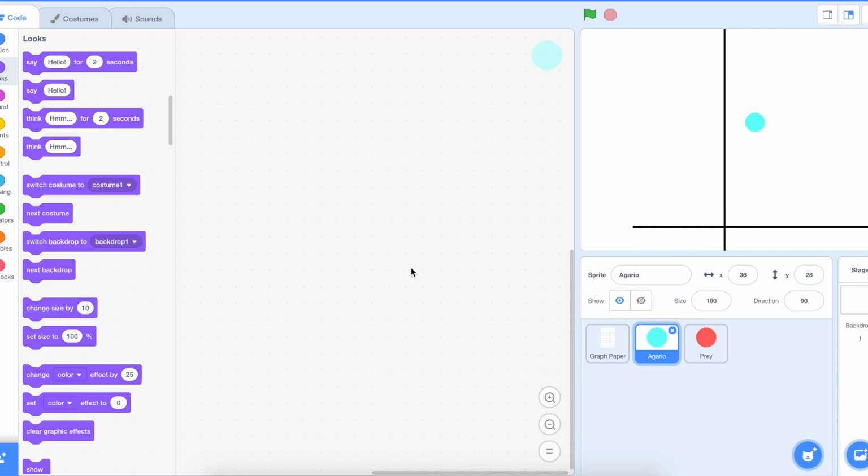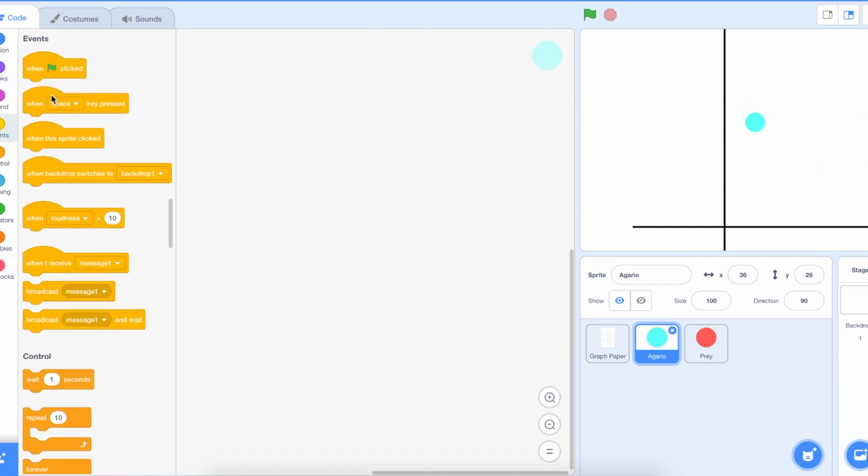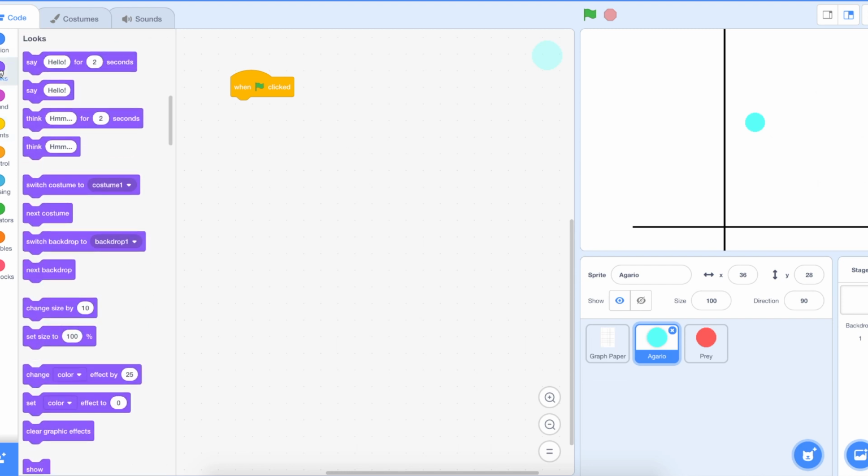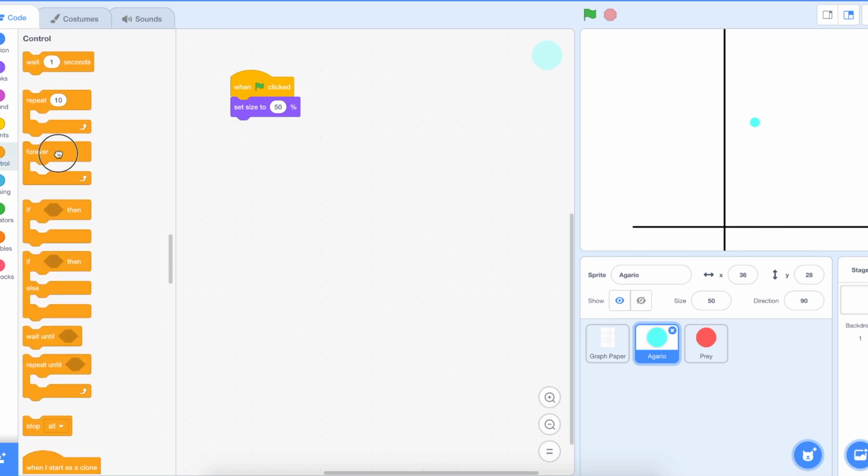So what we need to do is say for Agario, when the green flag is clicked, and we're going to set his size so that every time we start the game he's going to be a certain size. We could have 100%, but let's make him a little bit smaller to start the game. So we're going to set the size to, let's say 50%. You can try it out with your game, see how it goes. When the green flag's clicked, set the size to 50%, make him small, and then forever,